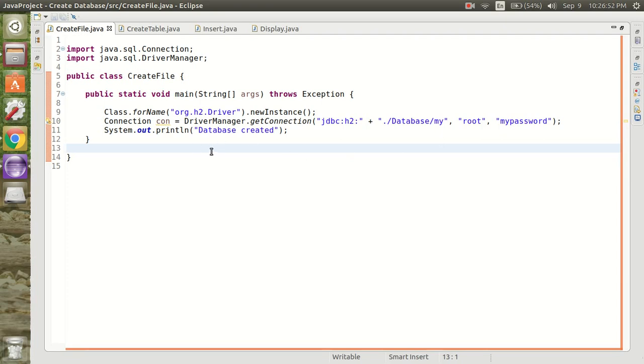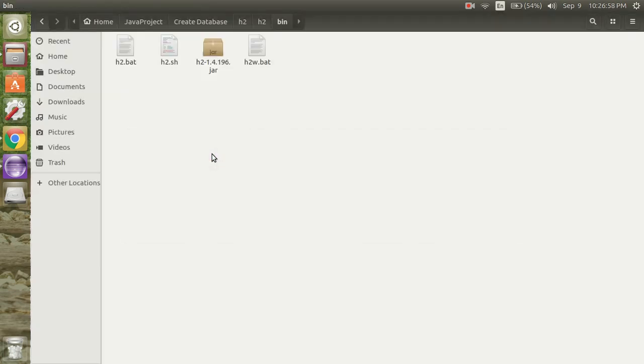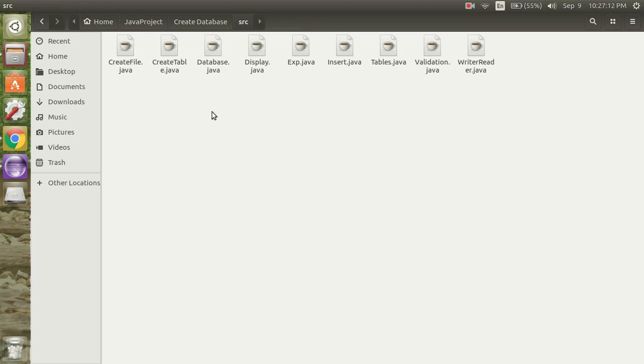Using this program we are going to create the database. Let me show you. This is our project directory, and this is the folder in which we have our Java file.